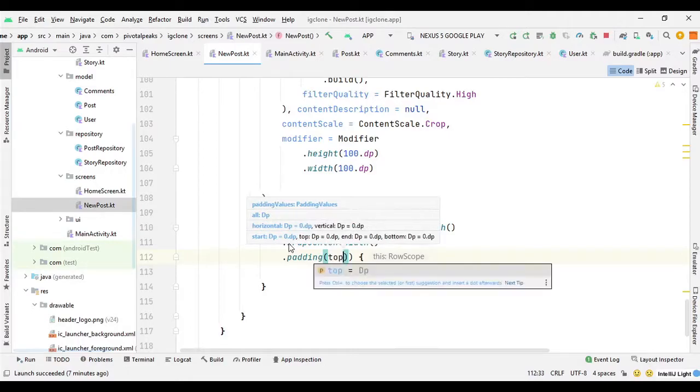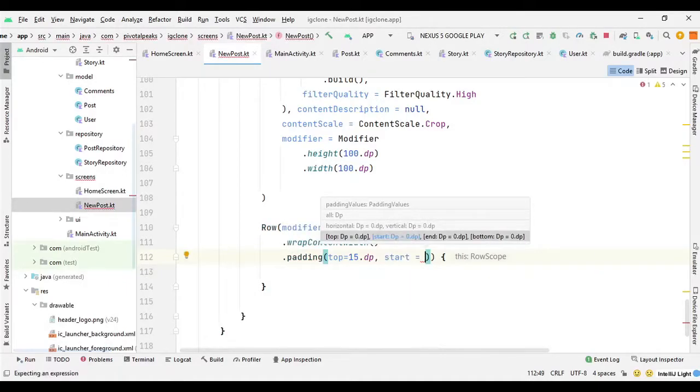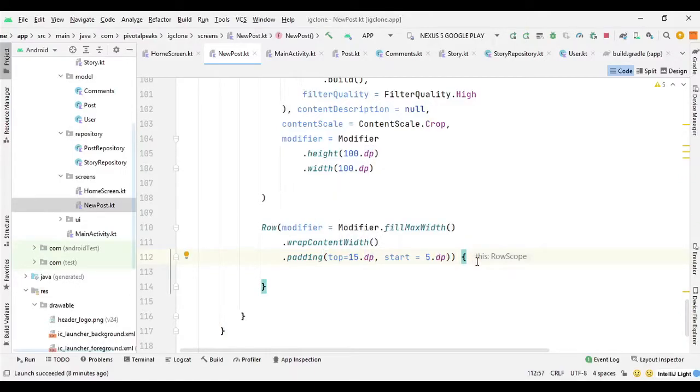So padding, from top we need 15.dp, and from start we need 5.dp, because the text field is going to be side by side with the image, so at the right side of the image actually.